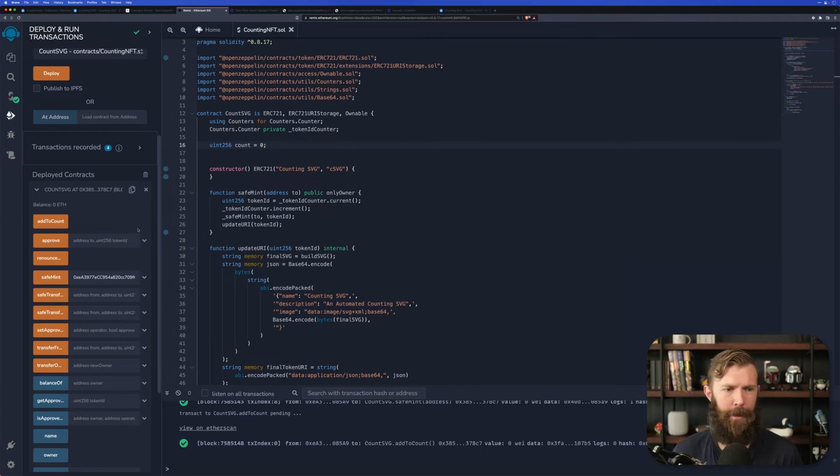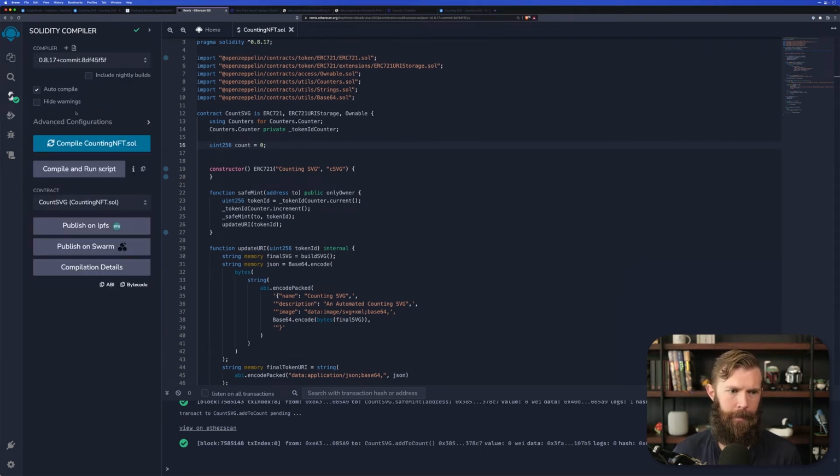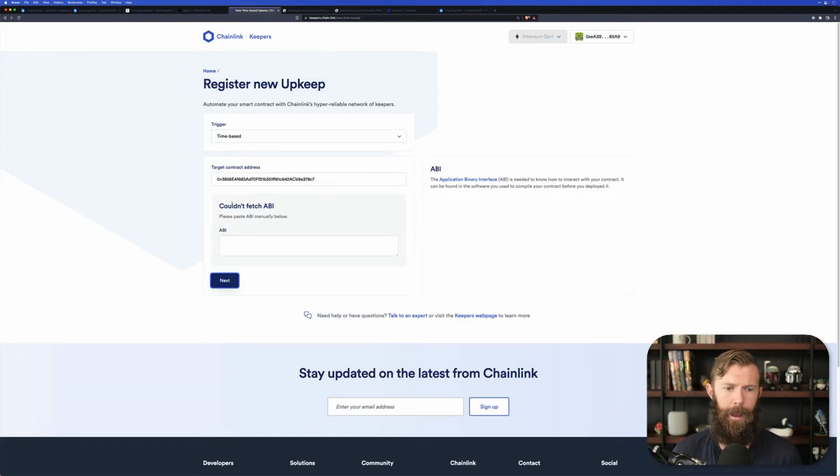If we head back to Remix and we head to our compiler tab, right here, we've got to make sure that we have the correct contract picked. We've got this awesome little button, ABI. Just click that. It'll copy the ABI and you can paste it in right here. What the ABI is, it's a bunch of JSON information that lets the Keepers network know what they can do